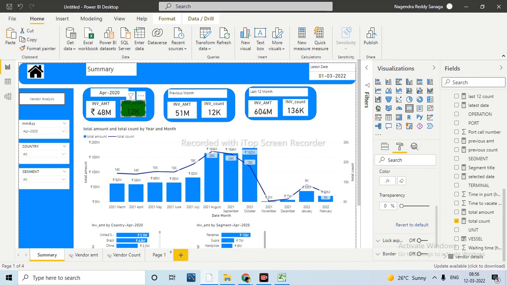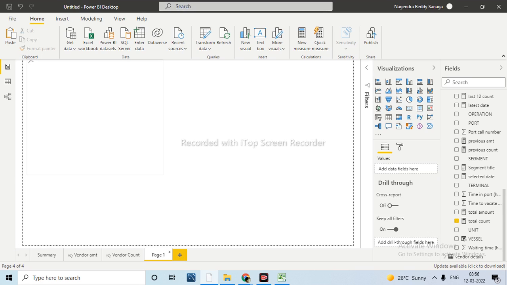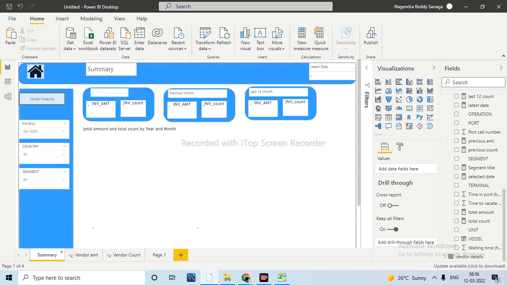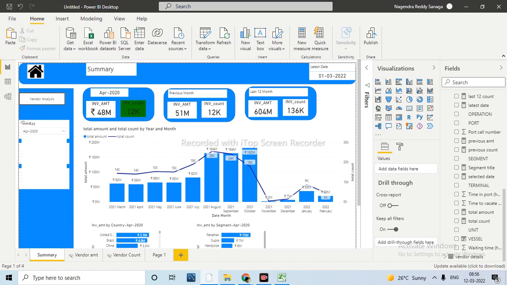Now we'll check it. Wherever the value is less than 10,000, February 2018, right? Jan 2018 also is less than 10,000 only. See what happened, this color is not changed.